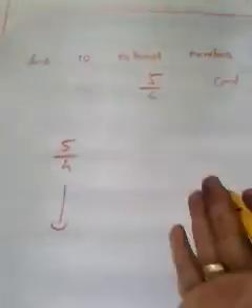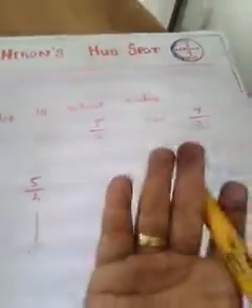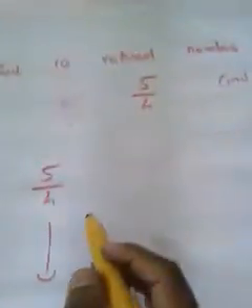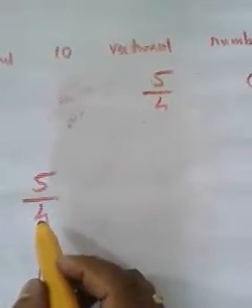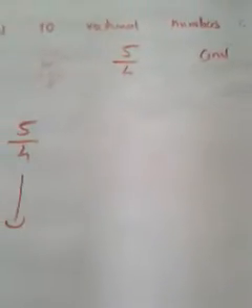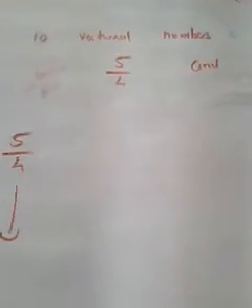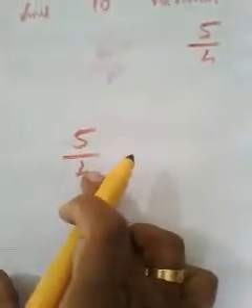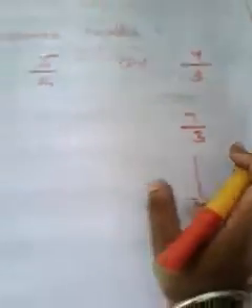Okay. The denominator is not the same anyway. If it is the same also, we need 10 rational numbers. So we have to make the denominators bigger, bigger, bigger. You may have understood. Think about the common multiples of 4 and 3. What about 12? Yes, 12 is a common multiple, because 12 is a multiple of 4 and 12 is a multiple of 3.